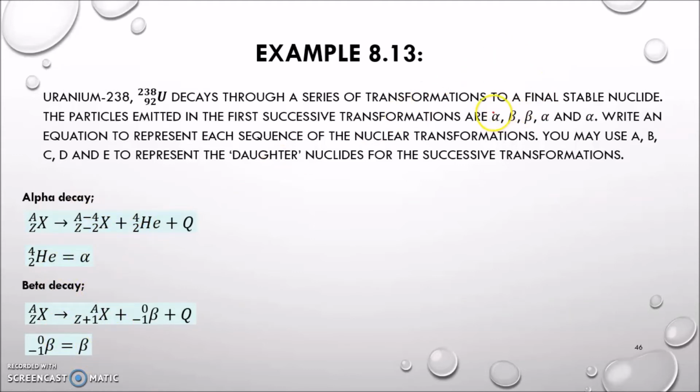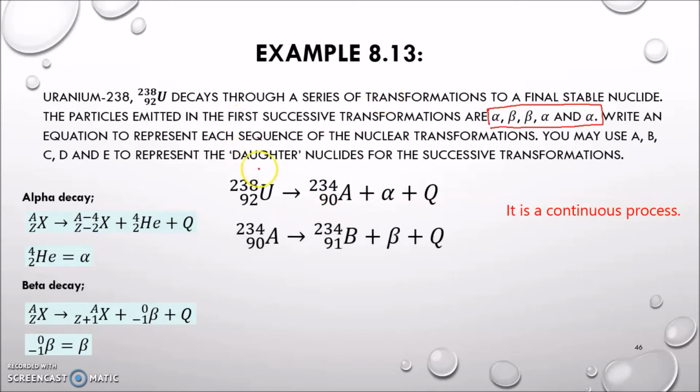To solve for this example, we are going to refer to the series of transformation. First, uranium will undergo alpha decay. The equation will be uranium undergoes alpha decay to produce new element A plus alpha particles plus energy. Next, element A will undergo beta decay to produce new element B plus beta particles plus energy. After that, it continues with element B will undergo beta decay to produce element C plus beta particles plus